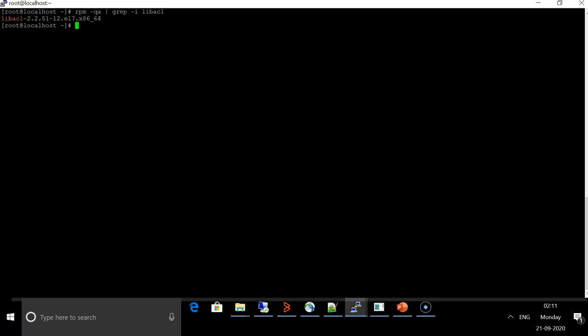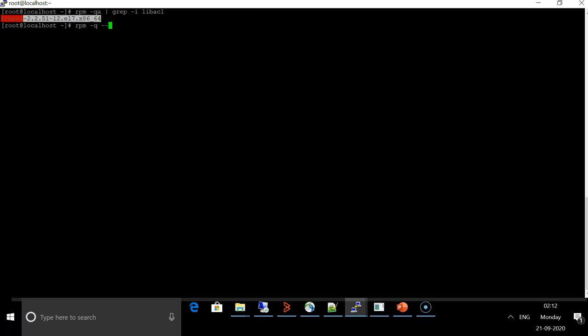So this libacl is actually installed on the server. Now let's see if there is any dependent RPM on libacl or not. The reason I'm checking dependencies here is that it is complaining about this RPM being on two different versions, but on the server we are seeing that there is only one instance installed. So it's possible that the other instance is coming as part of a dependency of certain other RPM, which is causing problems. We'll see what the other patches are which require libacl.